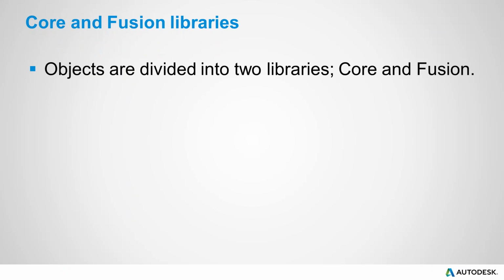All right, so this could be just a little bit confusing, and maybe doesn't make a whole lot of sense initially, but all the objects in the library, or in the object model, are divided into 2 libraries, core and fusion. And the reason for this is, at the time when we made this decision, which was very early in the design of the API,